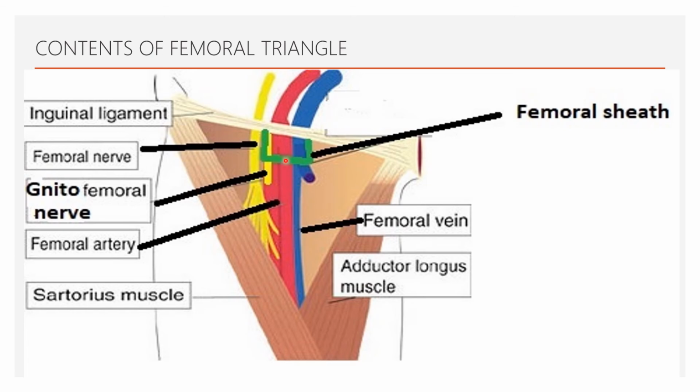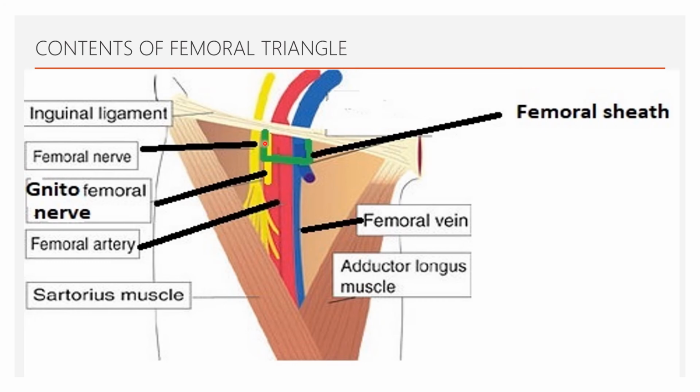Next to the femoral vein, you can see the femoral artery and its branches. The femoral artery gives out around 7 branches, 6 branches in the femoral triangle and 1 branch in the adductor canal. The profunda femoris is the largest branch of the femoral artery. Next content, you can see a yellow colored structure, the femoral nerve. The femoral nerve is the main nerve innervating the anterior compartment of the thigh, and it is a branch of the lumbar plexus coming from L2, L3, L4.